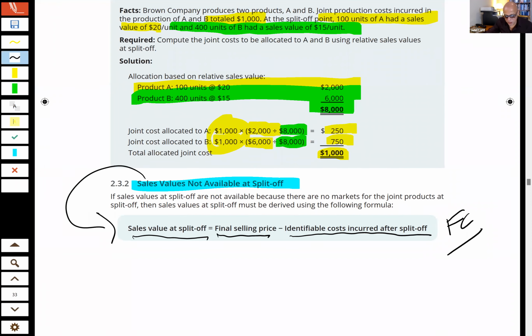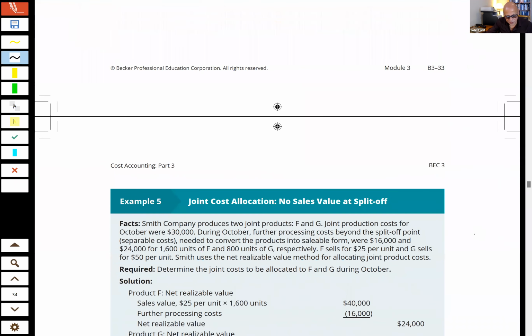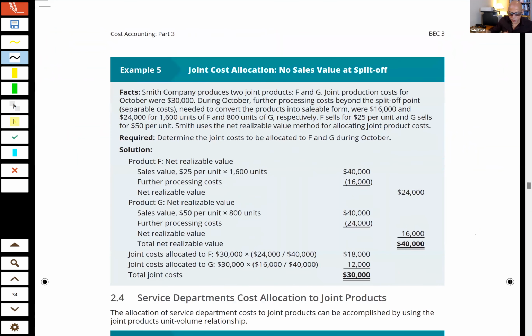Okay, and let's take a look at this sort of example again. The first thing we're going to do is see what the joint cost is. That's the first thing I look for in any one of these questions, and the joint cost is given to me pretty quickly here. In this particular example, 30,000. I pick that number up, I write it down. Now I'm just focusing on how do I come up with the ratio? And they tell me in the problem that they will ultimately, someday, not right now, once they're finished processing this,